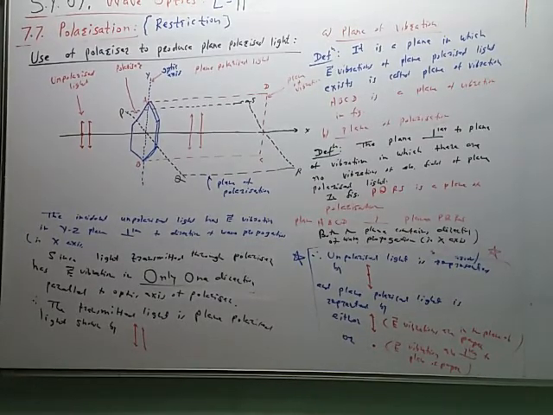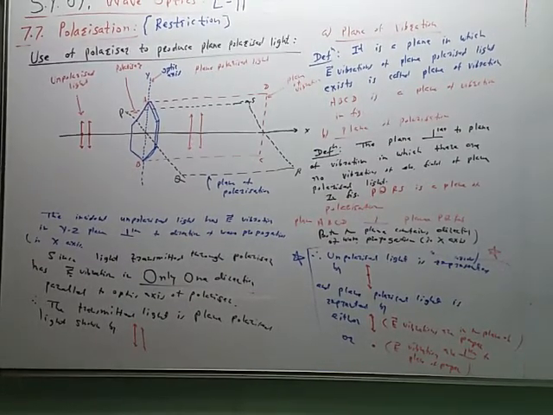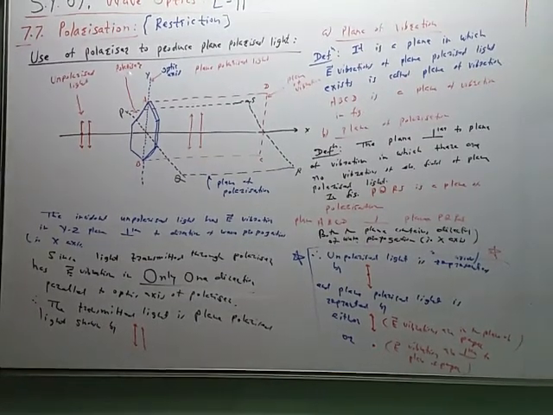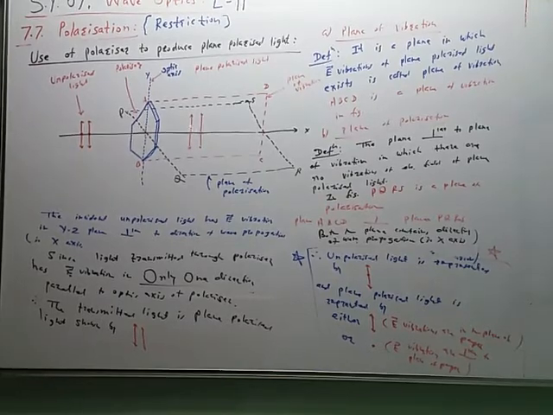We have to detect whether this light is plane polarized or not. In this figure we have shown production of plane polarized light. Here we are using only one crystal called a polarizer. Now to detect whether this light is plane polarized or not, we will require one more